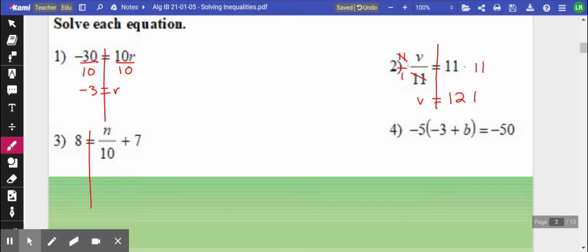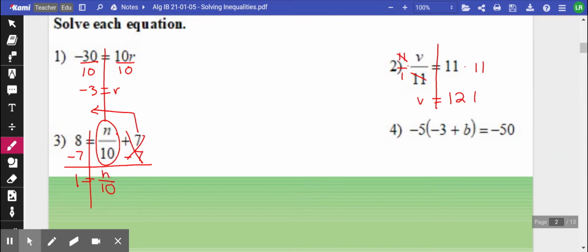For number 3, variable here on the right. And this is where a lot of them will be. You have more than just the variable term. So I have to move the 7. How do I move a positive 7? Isaac. Yep, I subtract. So I'm going to subtract 7 from both sides. 7 minus 7 is 0. 8 minus 7 is 1. And the n over 10, drop it like it's